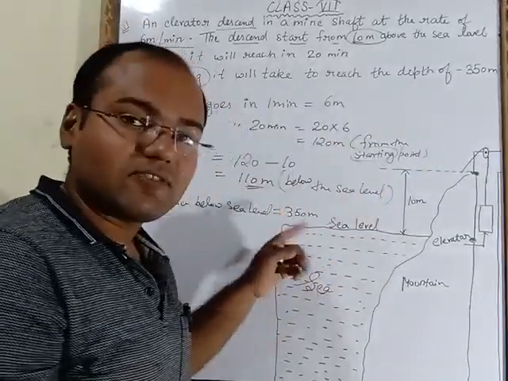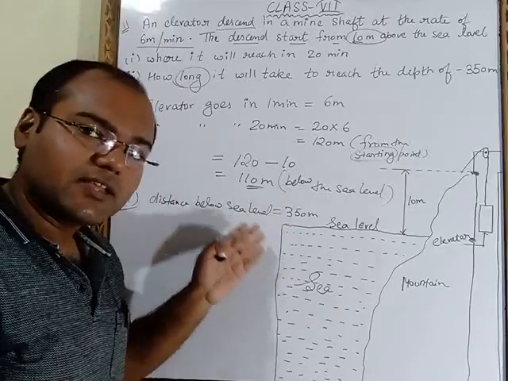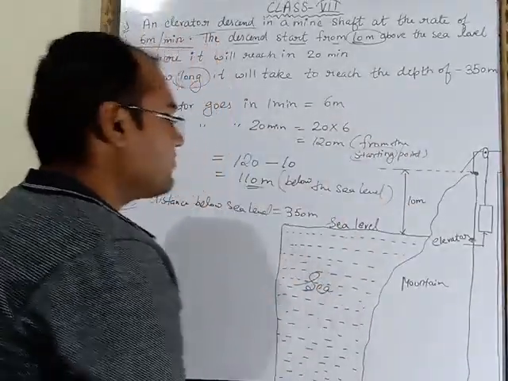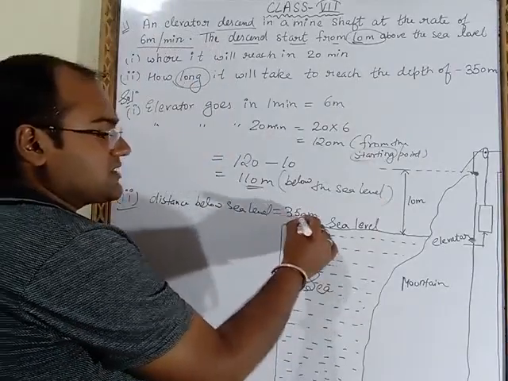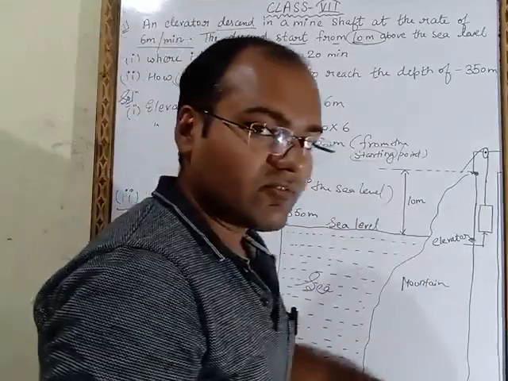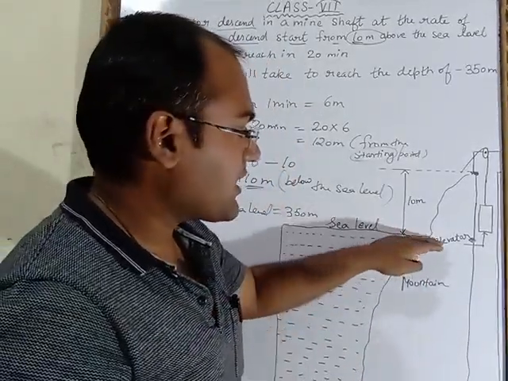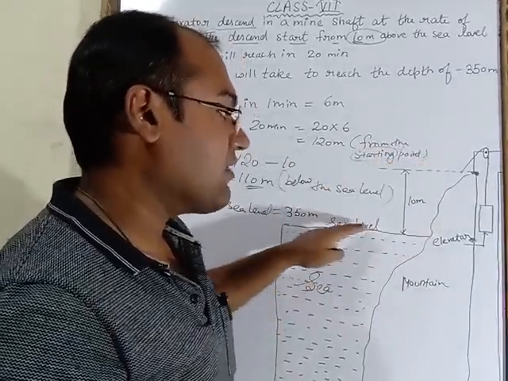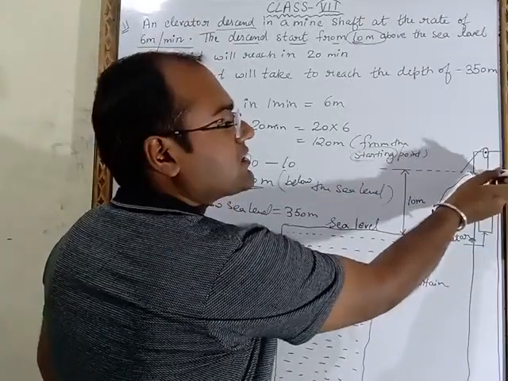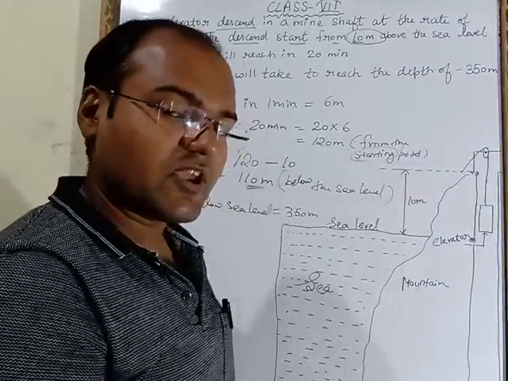I have not taken the minus sign. Why am I not taking the minus sign? Because I mentioned here that this much distance is below the sea level. Now this much distance is below the sea level, but mining is not starting below the sea level. From which position are we starting our mining activity? We are starting our mining activity 10 meter above this sea level. We are not starting from the sea level, we are starting from this position. That means this 10 meter distance we have to include.